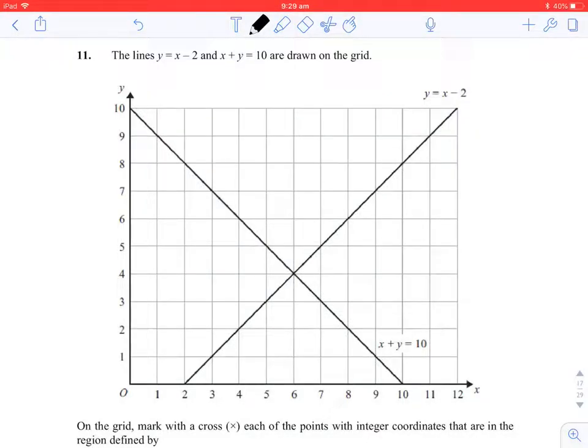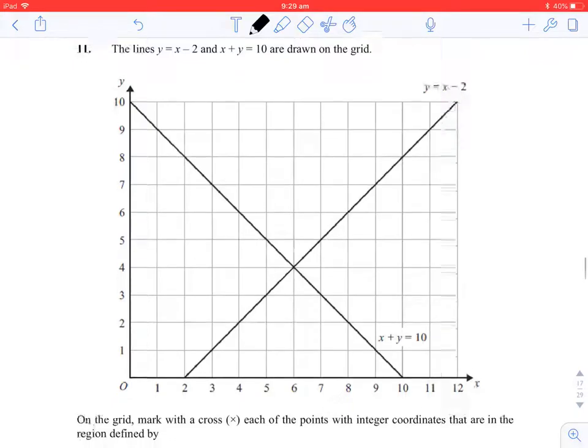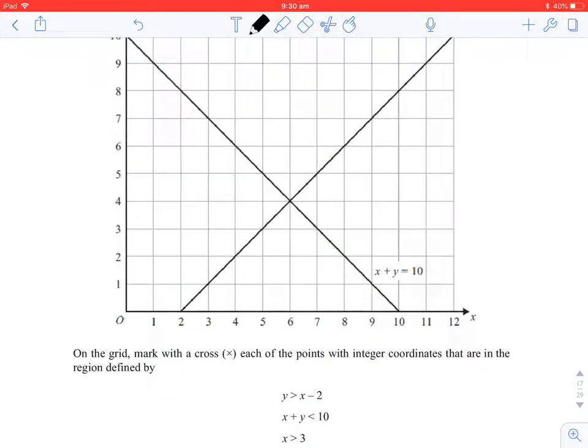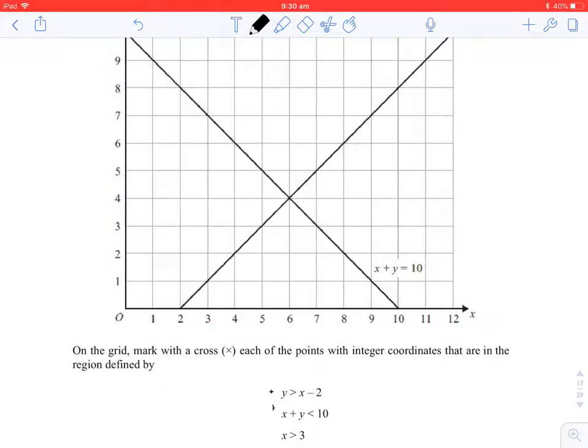Question 11. The lines y equals x minus 2 and x add y equals 10 are drawn on the grid. On the grid, mark with a cross each of the points where the integer coordinates that are in the region defined by y is greater than x minus 2, x add y is less than 10, and x is greater than 3. Now what we can do is we can see that we've got the graphs for the first two